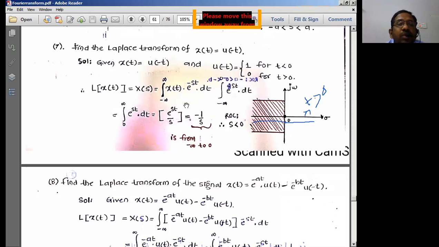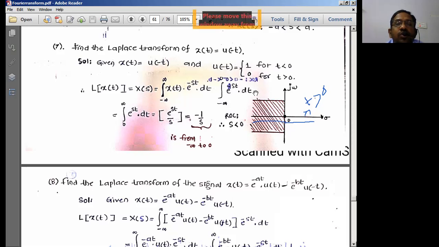So let us go ahead now. So I can replace this. I can invert this minus and plus infinity to 0 to infinity by removing this minus, by inverting this e power minus st by e power plus st. Then applying integration, same formula we have, e power minus st by s over the limits minus infinity to 0.